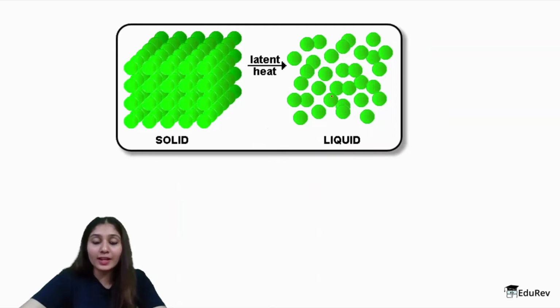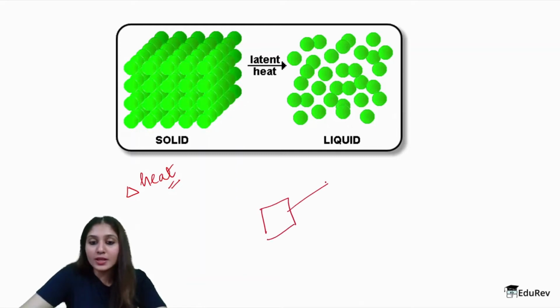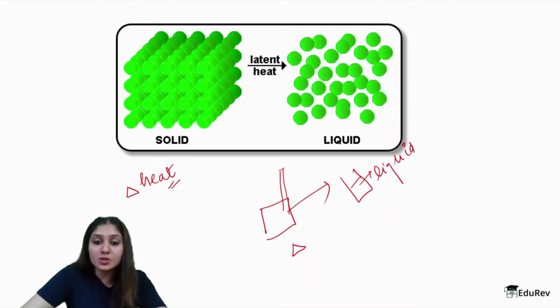Moving on, as you know, when you convert a solid to a liquid, as I already said, you have to apply certain heat energy. You have to heat the solid to convert it into a liquid. This is something which we usually know. But what you will notice is that, let's say you have a sample of solid and you are constantly heating it, trying to convert it into a liquid. But if you measure the temperature of this solid while the heating is going on,